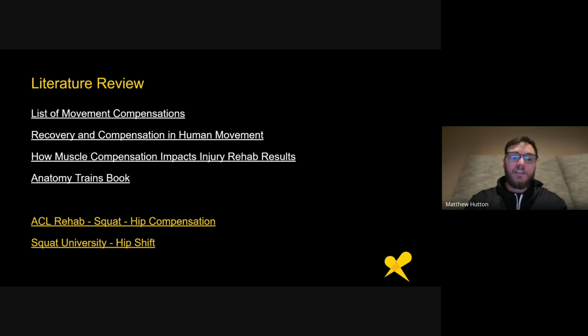And then the last thing I would highly suggest, if you haven't read it yet, is the Anatomy Trains book. It ties together the whole kinetic chain. It's a really good book, especially for muscle synergists. So it talks about how things like the big toe flexor, flexor hallucis longus, is going to influence, for example, the gastroc, which then goes on to influence and tie in with hamstring strength, and all the way up the chain to even the frontal bone in the skull. The Anatomy Trains ties together all of these different